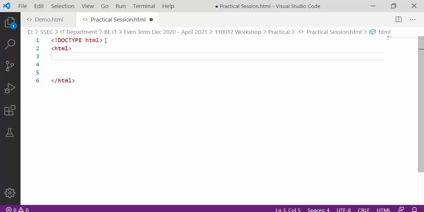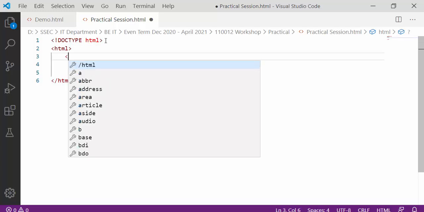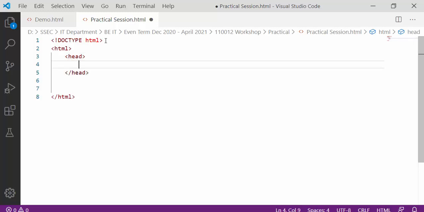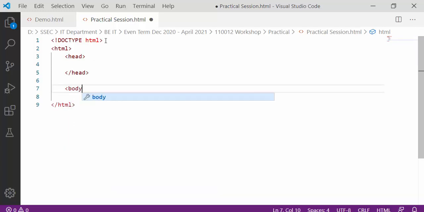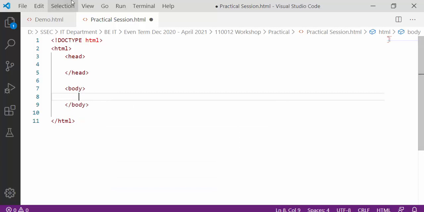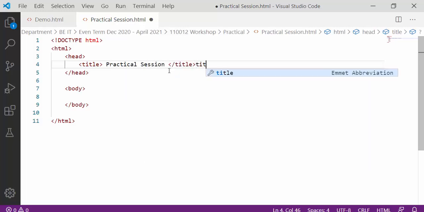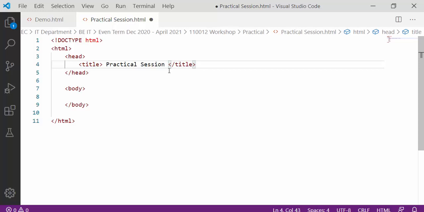After writing the HTML tag, we divide the HTML page into two sections, the head section and the body section. In the head section we are putting the title tag, writing practical session, and ending with the title tag.